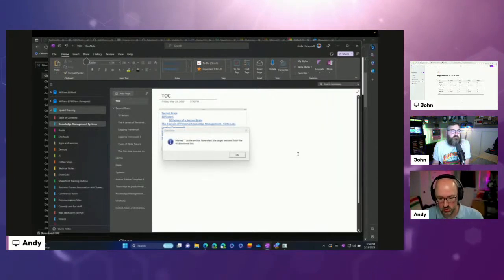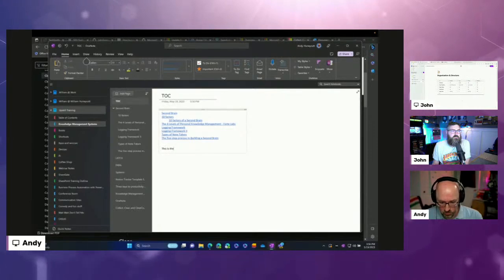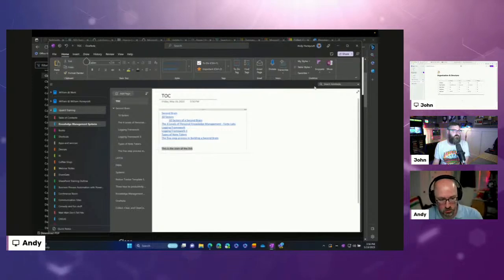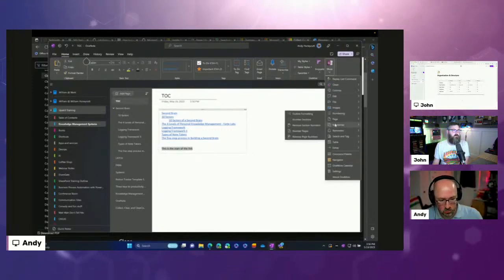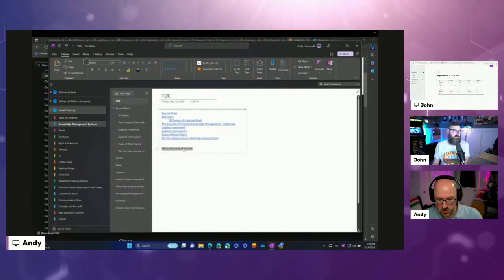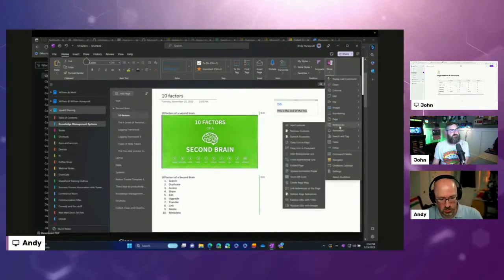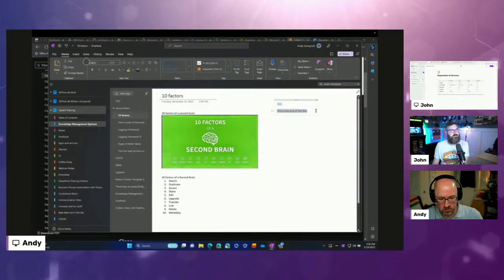So like I would start the bi-directional link here, and I should have put some text on top of that. This is the start of the link. All right, so I'm going to reference that. And then we're going to say, okay, start the bidirectional link. All right, so that's going to be the beginning of it. And then I would go to the place that I want to reference it. And this is the end of the link. And then I would go and reference that. And so I finished it.